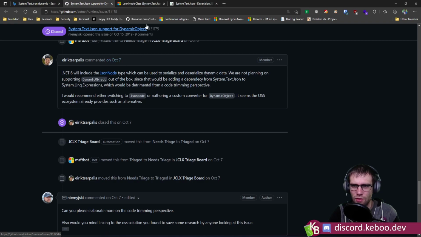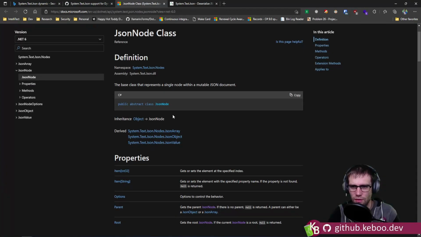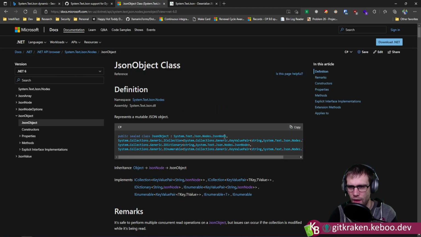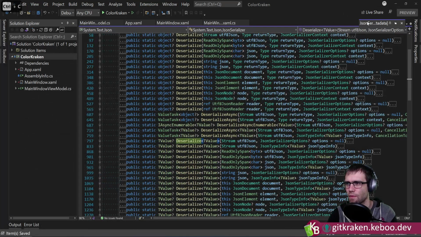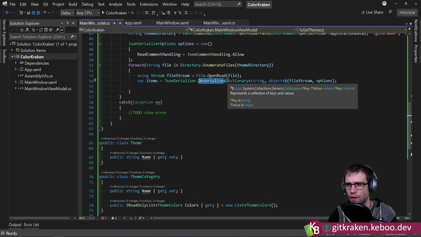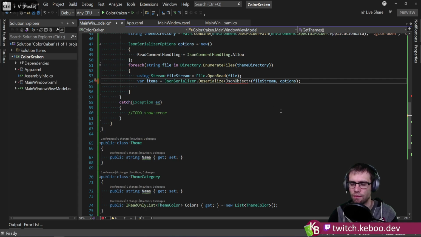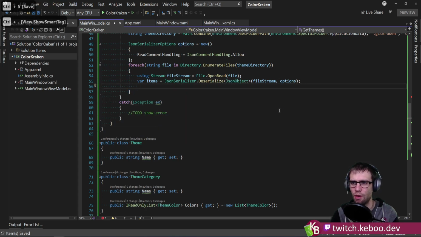Net 6 JSON node. This sounds like what I want. Yeah, I'd like one of these thingies. Is a JSON object a JSON node? Look at that. That's kind of what I want to deserialize into. Boom. That's what I'd like. I assume what I can do is that. Boom. Okay, so